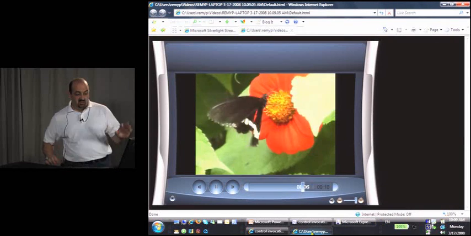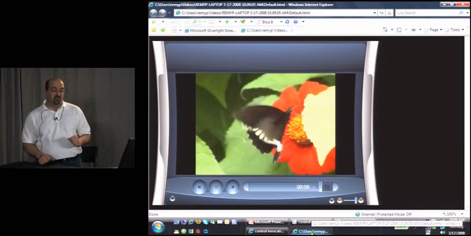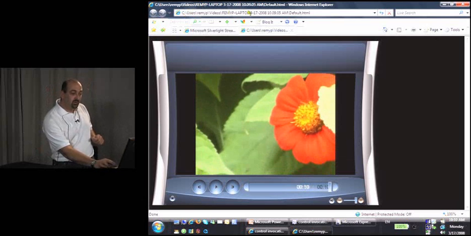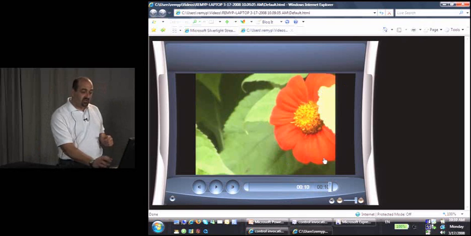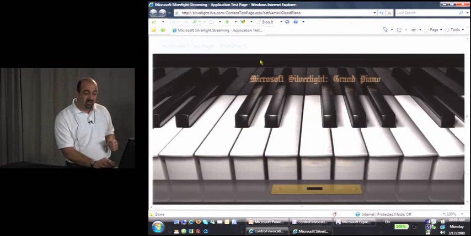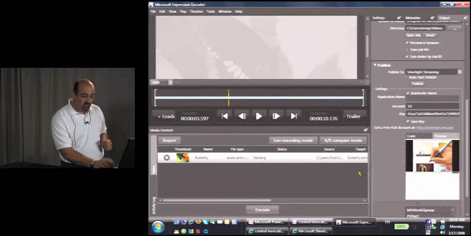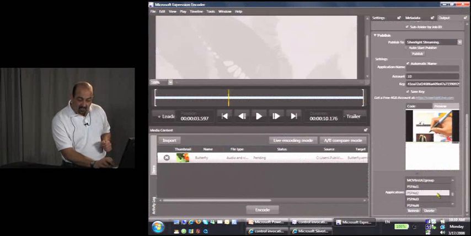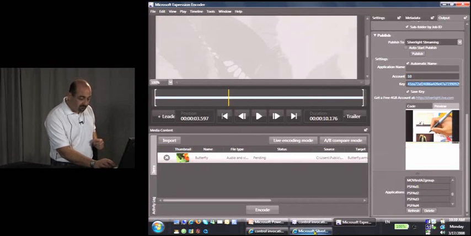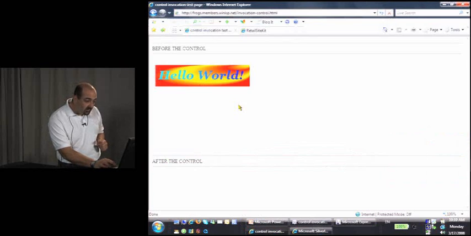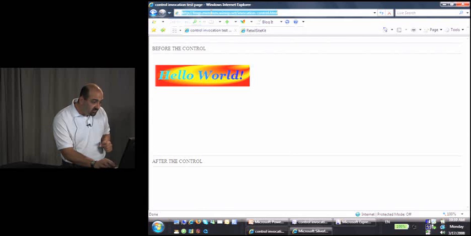Now, as you could see, the encoding is finished. The application is running locally to see that everything is fine. I see my video, I see the skin there, and everything is okay. So now what I want to do is publish this application to my account in Silverlight streaming. So it has my credentials already, remember, account key, account ID. Now I'm going to go to publish, and I'm going to choose the automatic naming. So quick feed playback to